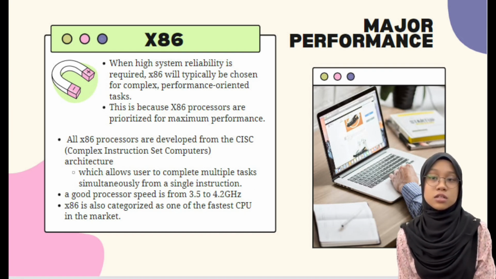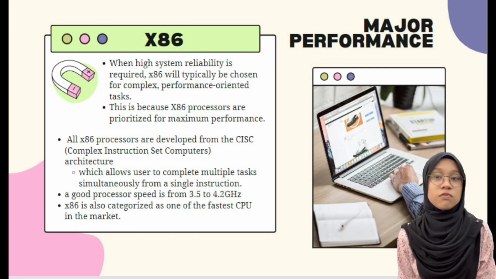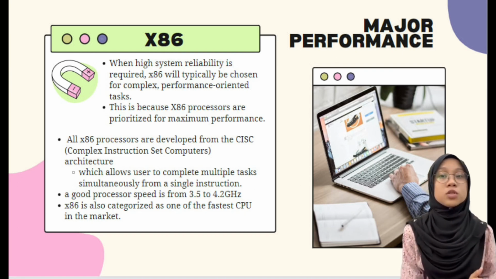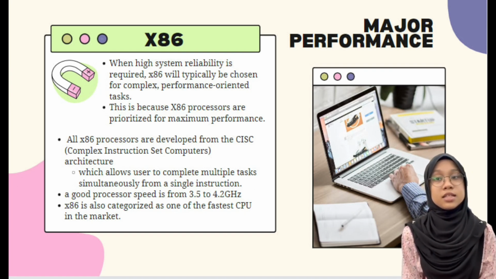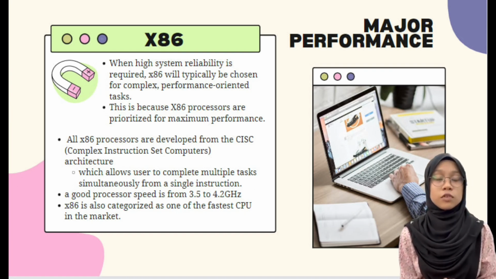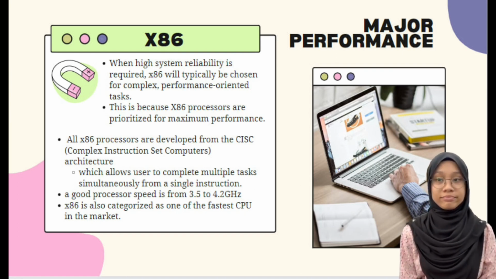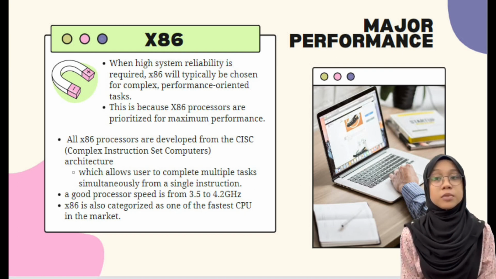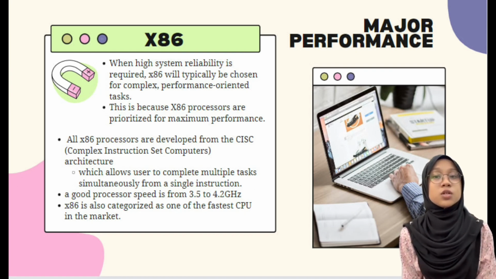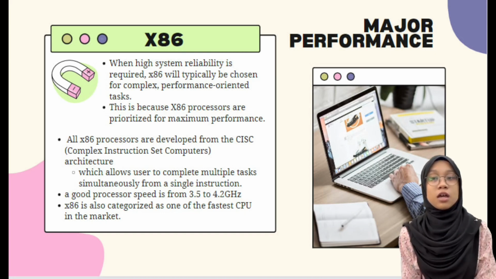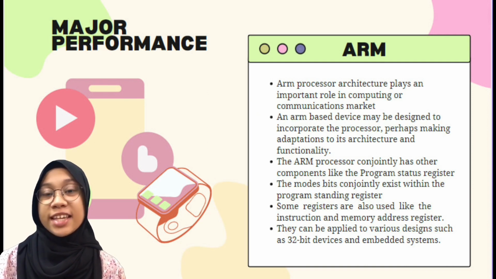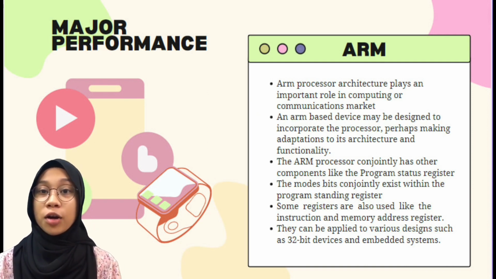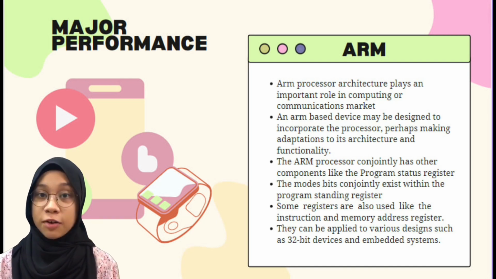Technically, a good processor speed is from 3.5 to 4.2 GHz, and also X86 is categorized as one of the fastest CPUs in the market. So, with a good computer processor speed, users can enjoy good computer experiences and handle multiple tasks at the same time. ARM major performance. ARM processor architecture plays an important role in computing or communication markets, especially for smartphones or